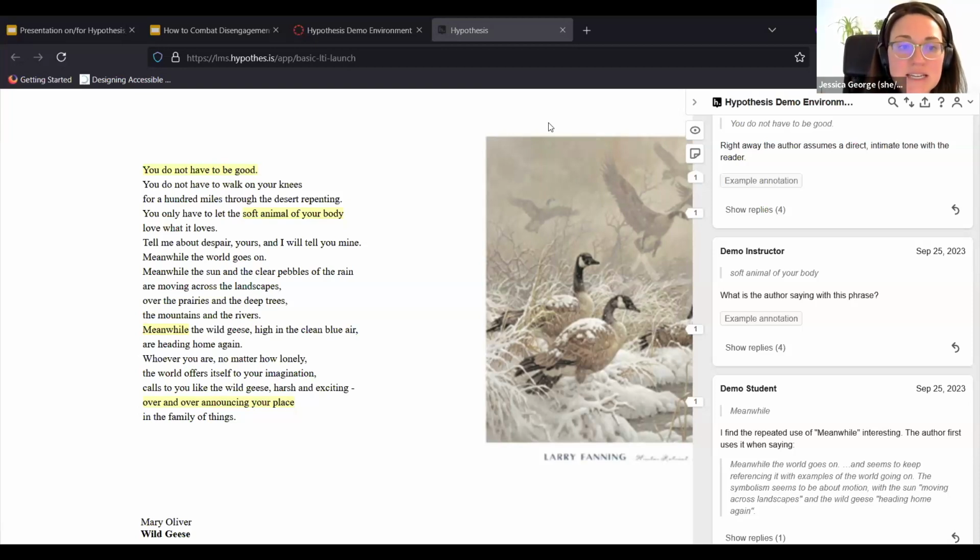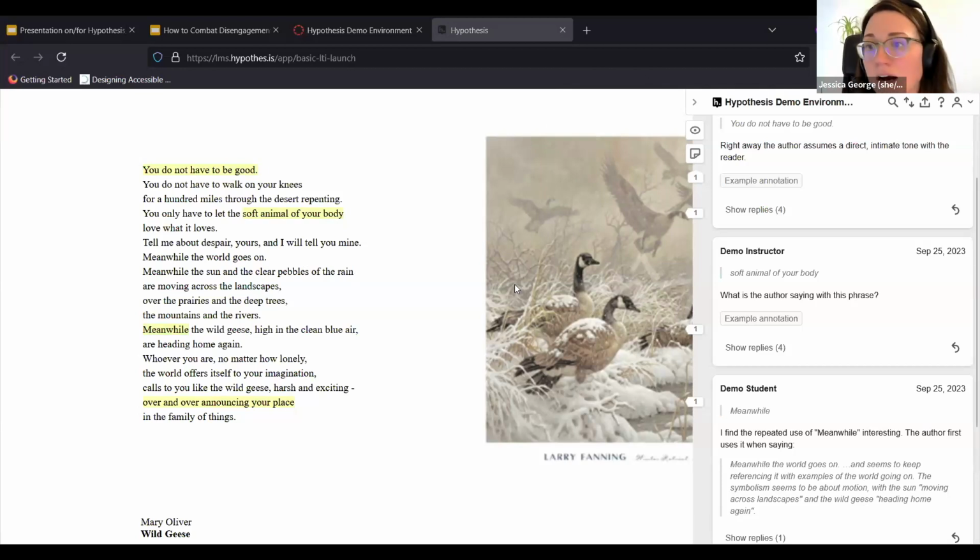And what you see is the poem itself as it appears on the website, and then the annotation sidebar that layers over the poem. And this is what it will look like no matter what your LMS is. So this has been launched from Canvas, but this looks the same in D2L Brightspace, Blackboard, and so on.